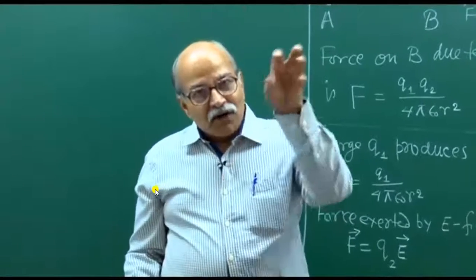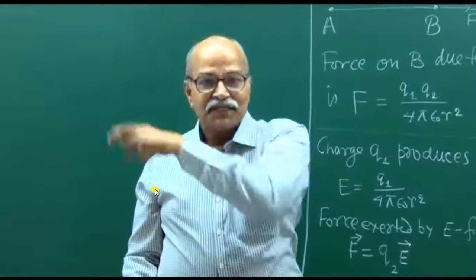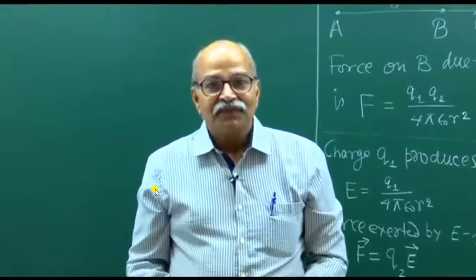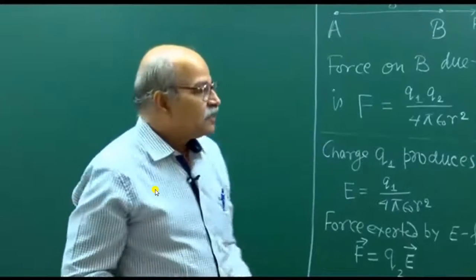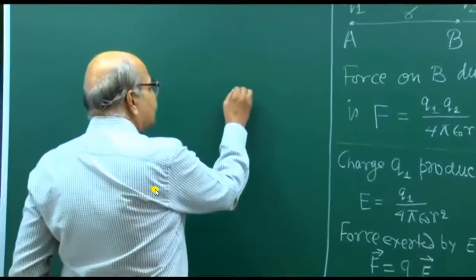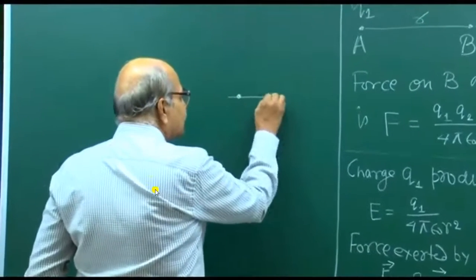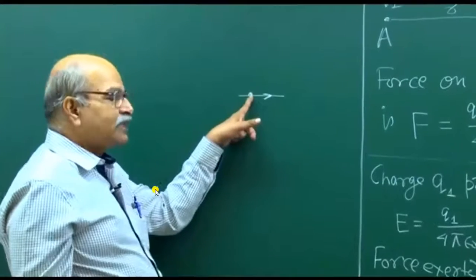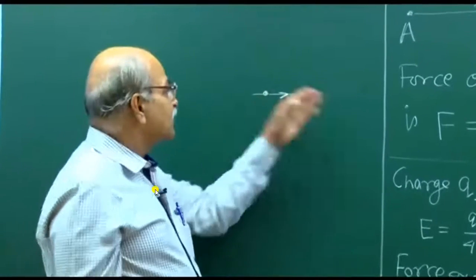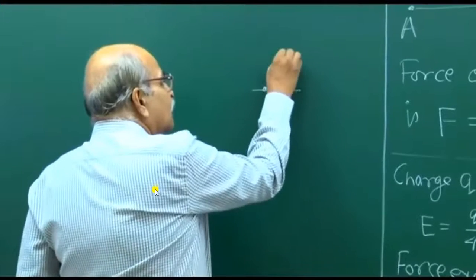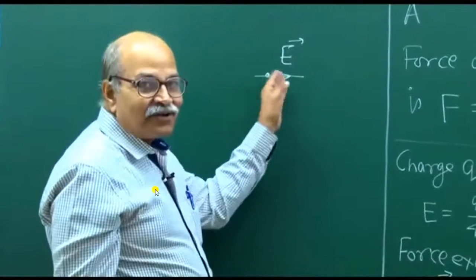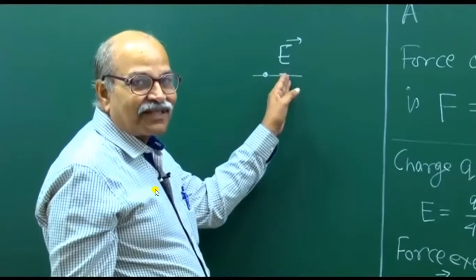Then at all other points you can ask what the potential is and how it is related to the electric field. Suppose at some point you have an electric field in this direction,